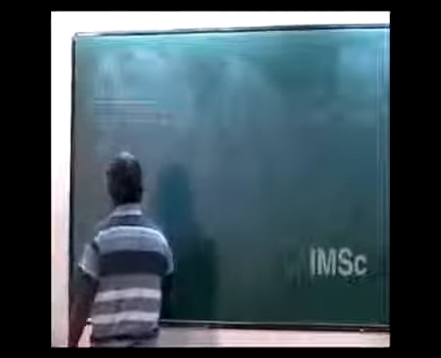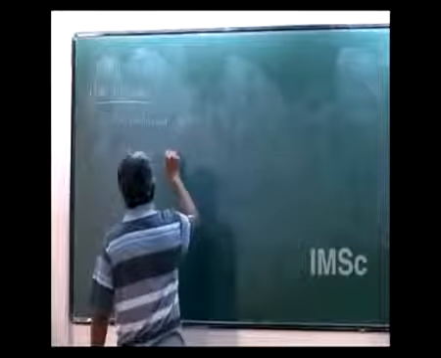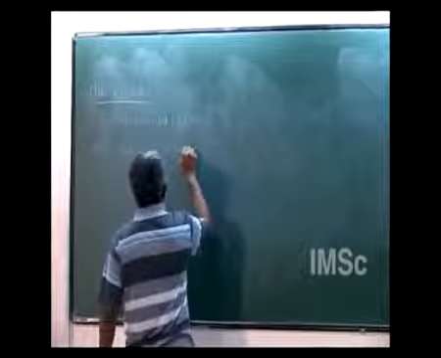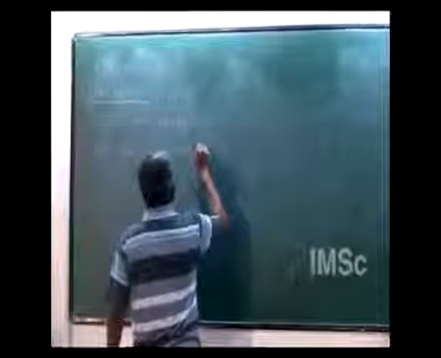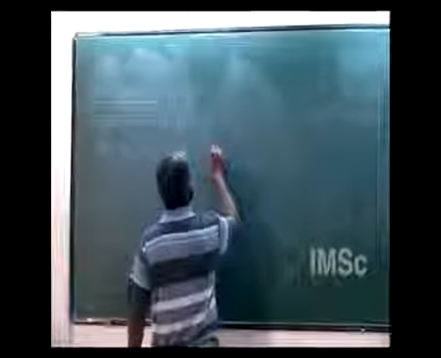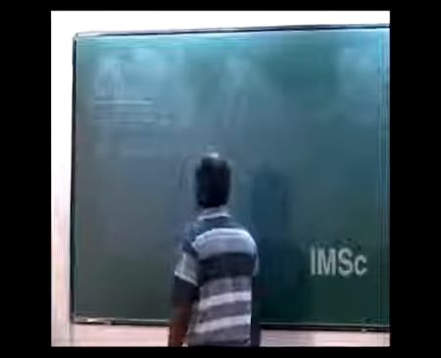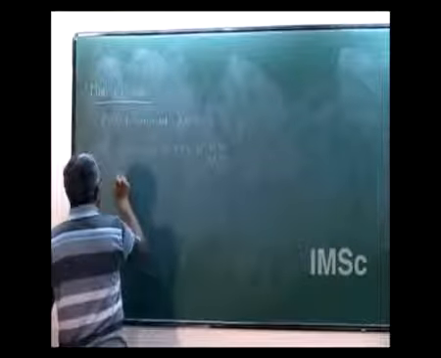By a cut we mean a bipartition of the vertices, A and B, such that S is in A and T is in B, and which minimizes